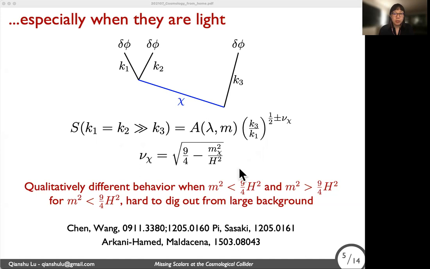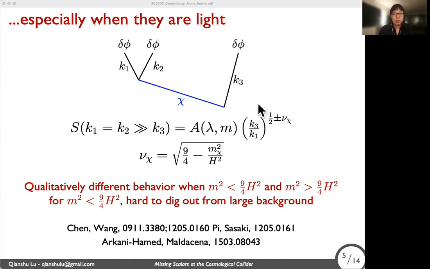On the other hand, when chi is light, this exponent is going to be real. So this is simply going to be a simple power law behavior in the K3 to K1 ratio. A priori, there's nothing wrong with the simple power law behavior, but the problem is that there are many other processes that can contribute to an inflaton 3-point correlation function, including, for example,